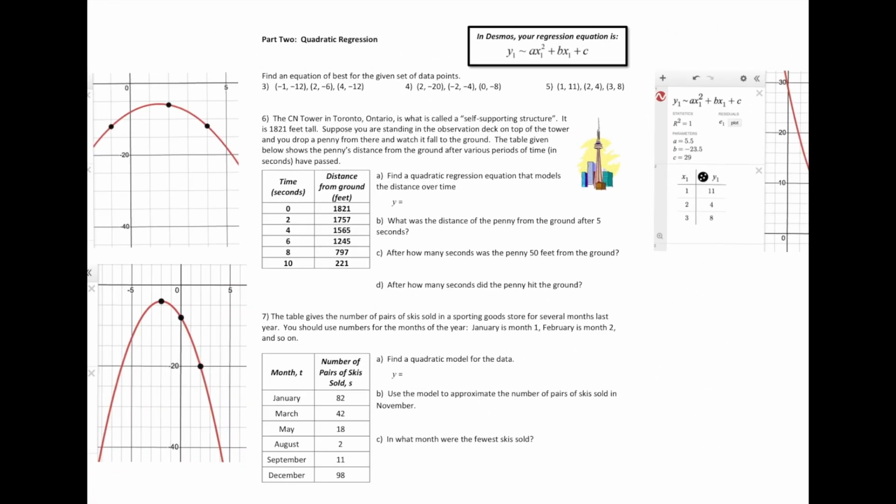Now, the second section of your test is going to be the regression section. Remember that regression is when you are going to type in the values into a table, and the table will plot points on the graph, and then you're going to force Desmos to give you an equation that best represents those points, the pattern of those points. So what we'll do is we'll start with just some x and y values, and this should be the most straightforward part,